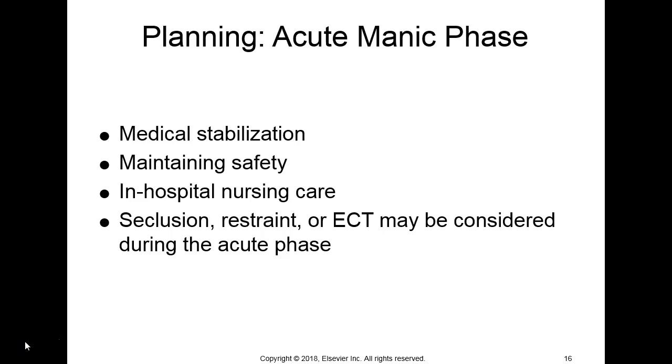before we do that. So decreasing stimulation, again, could be a very important type of intervention. We think about that with anxiety. If somebody's having a panic episode, we want to reduce stimulation, get them to a calm, quiet area. We want to do the same thing with people that have mania. We don't want them going to group and going to all kinds of activities with lots of other people, and we don't want them out in the milieu where lots of people are coming and going and doing things and